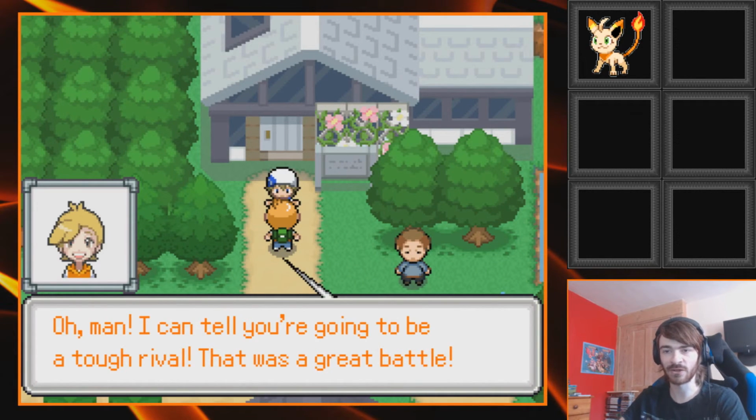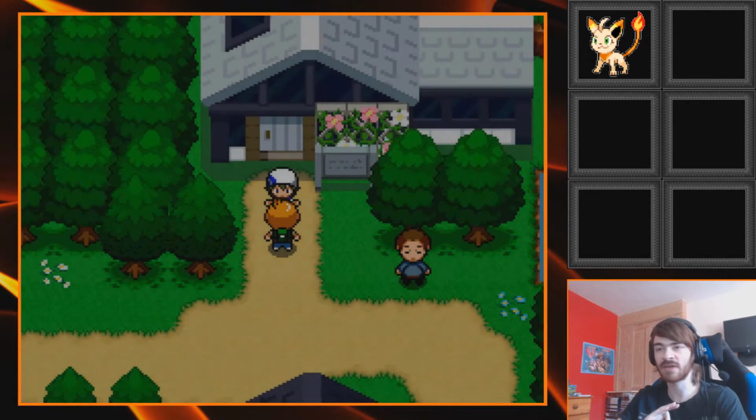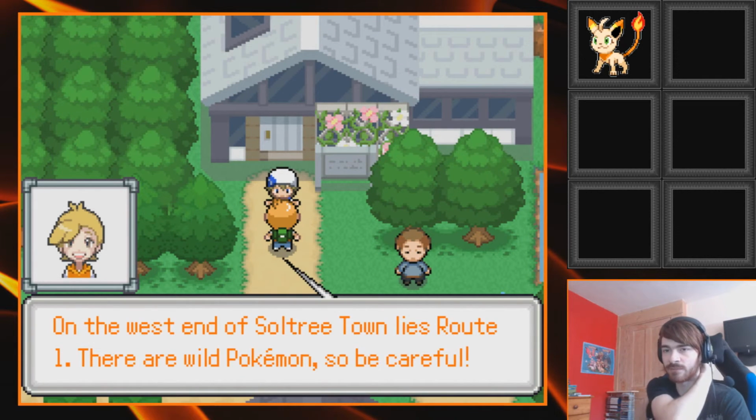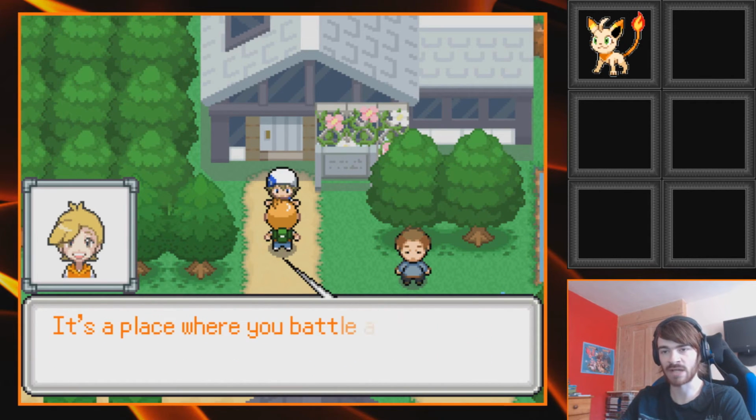Oh man, I can tell you're going to be a tough rival. That was a great battle. Let me heal your Pokemon. Yes! Why doesn't this happen after every rival battle ever? Seriously. On the west end of Sultry Town lies Route 1. There are wild Pokemon, so be careful. So, we're going to head west, which is...